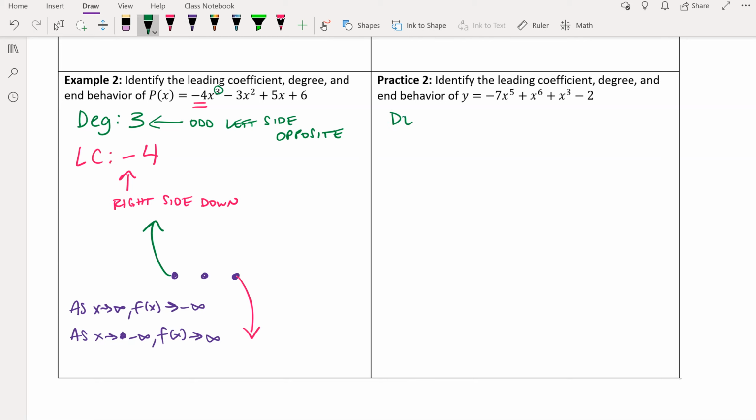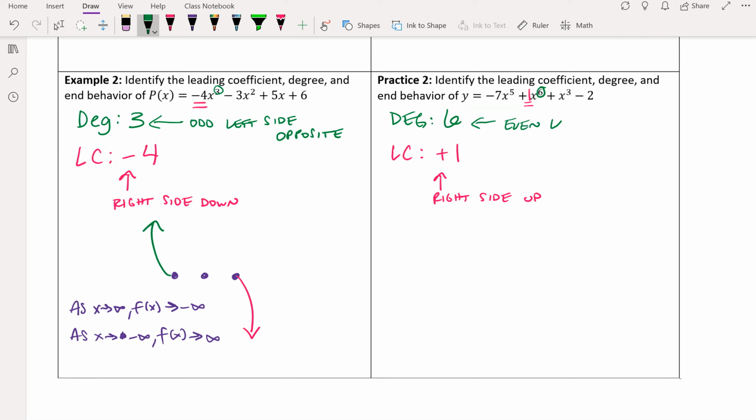First, find the degree. Degree is the highest exponent. Ooh, this one is extra tricky. The highest exponent is 6. Hopefully you didn't get tricked by that. Then we're going to do the leading coefficient, which is the number that's in front of the x with the highest exponent. Well, that's 1. Positive 1, right? Okay, sweet. Because the leading coefficient is positive, that means right side up. And because the degree is even,